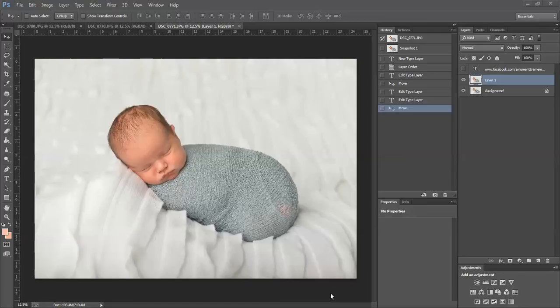I'm Jessica with A Moment to Remember Photography, and I am going to show you a really cool little trick today. I'm really excited about this one because I've seen photographers on different newborn photography sites discussing this, and no one can quite get to the bottom of how you get this perfect round wrapped baby. I've known this little trick for a while. I stumbled upon it on my own. Nobody showed it to me, although I'm sure other people have stumbled upon it too. There'd have to be, because I don't know that there's a way to actually wrap a baby to get them